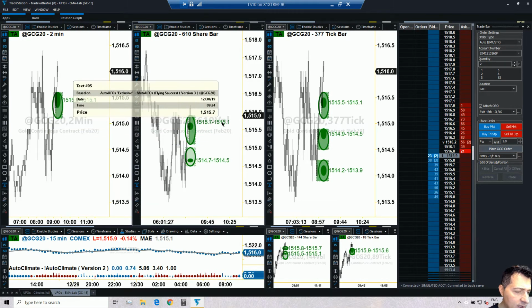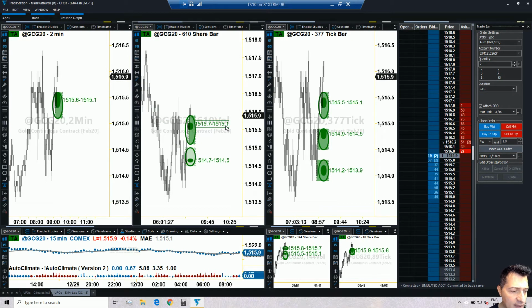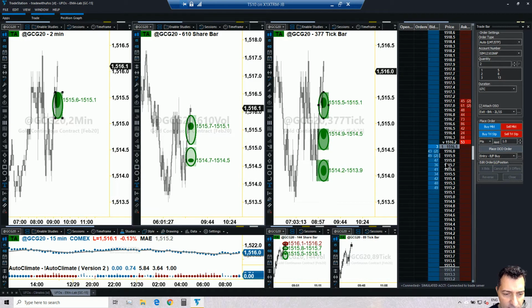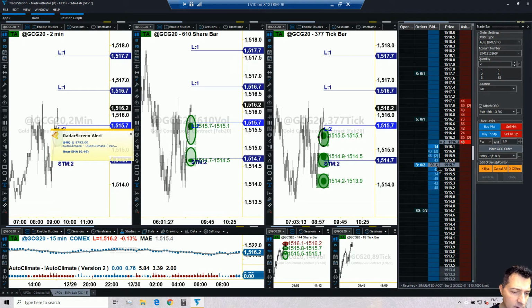Okay, so I'm going to use this UFO, 15.7. Of course, 15.1, if I place my stop below, is going to be touching that next UFO. Okay, so I need to put those two UFOs together. I can also see that UFO overlapping. That one is also overlapping. Yeah, so it's all overlapping, so it's good. So 15.7 would be the entry. Okay, I'm just going to click with two contracts to buy two contracts at 15.7. Okay, so the order is in. We said 14.4 would be the stop.